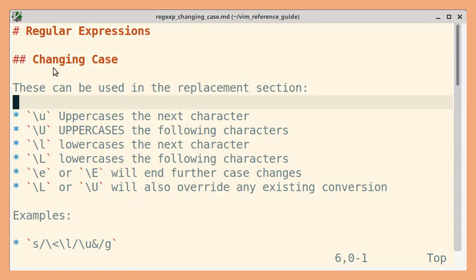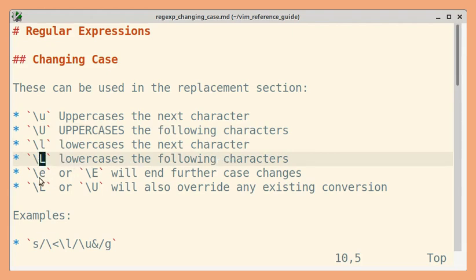Let us learn how to change case of matched portions in the replacement section. Backslash and lowercase u will uppercase only the next character. Backslash and uppercase U will uppercase all the following characters. Similarly, backslash and lowercase l will lowercase only the following character, and the uppercase version will lowercase all the following